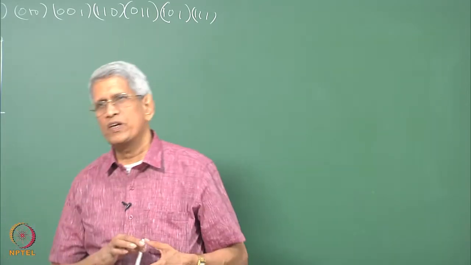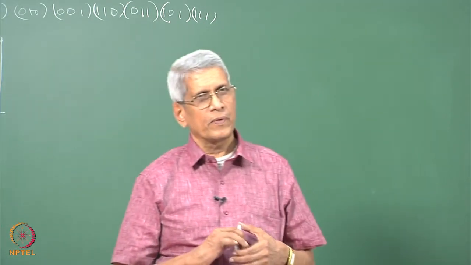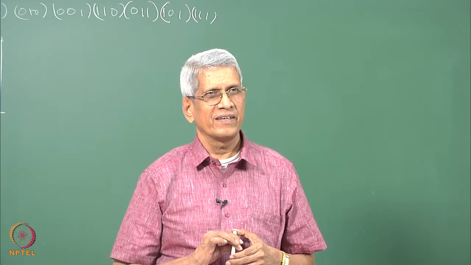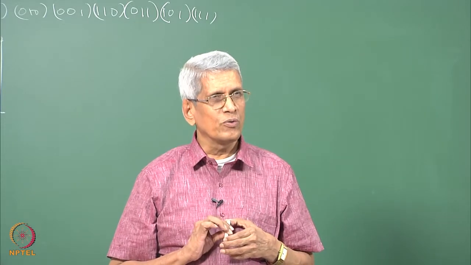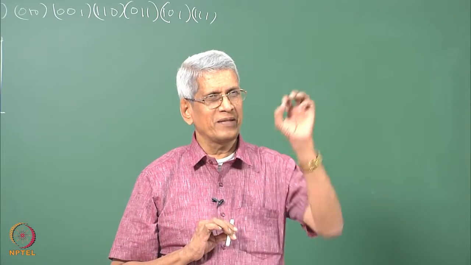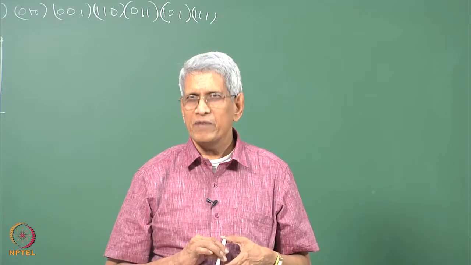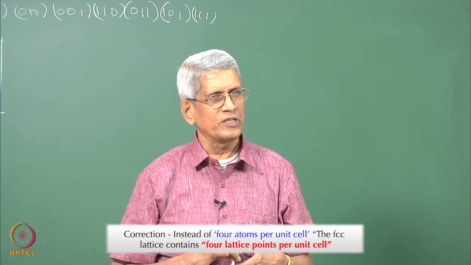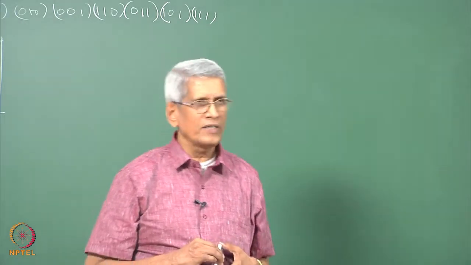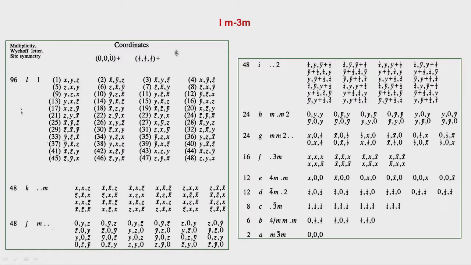On this basis, if you consider how many atoms are required to construct an FCC lattice by putting an atom at a random point, 192 atoms will be there if we place an atom at a random point in an FCC unit cell, for the crystal to exhibit that FCC, because the FCC lattice contains 4 atoms per unit cell. Similarly, if we consider the body centered cubic lattice, it will have 96.